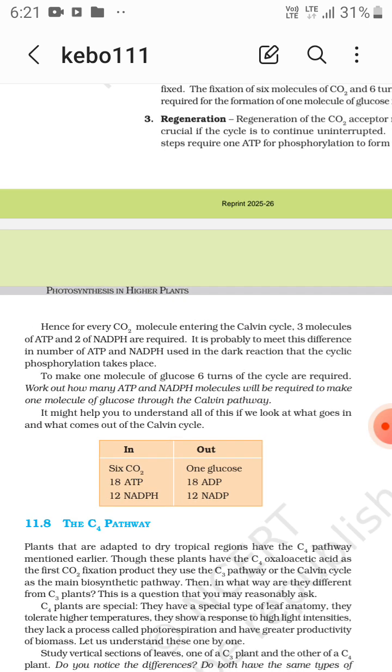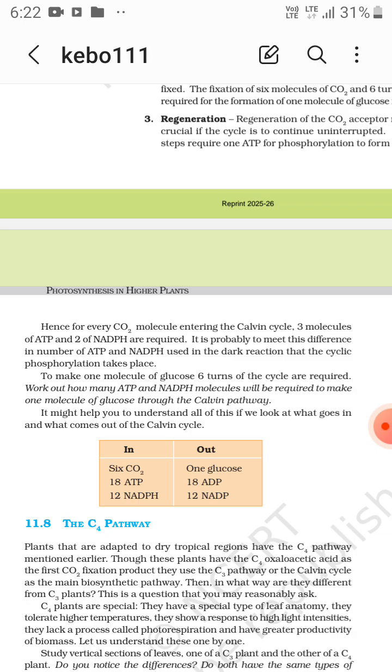The difference in the number of ATP and NADPH used in the direct reaction is probably met by the cyclic process. The extra cyclic process runs for the extra ATP. Now it is getting clearer why this happens. To make 1 molecule of glucose, 6 turns of the cycle are required. In 1 turn, one CO2 is fixed, but we require 6 carbon atoms in glucose, so we need 6 turns of the cycle. Work out how many ATP and NADPH molecules will be required to make one molecule of glucose